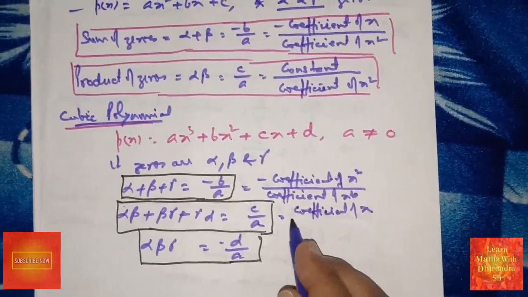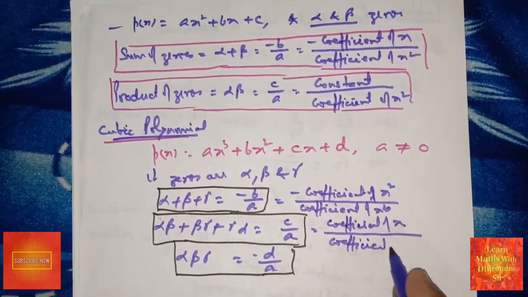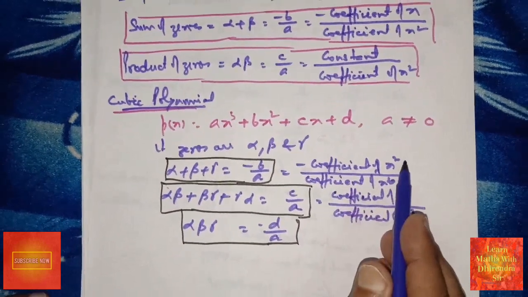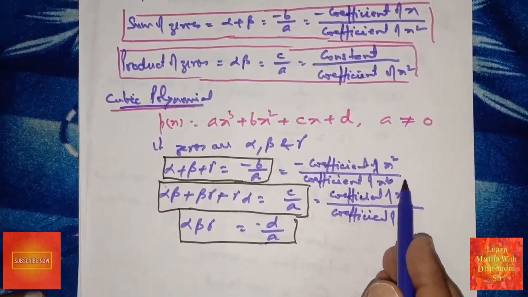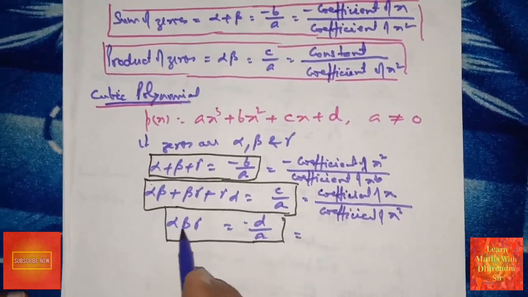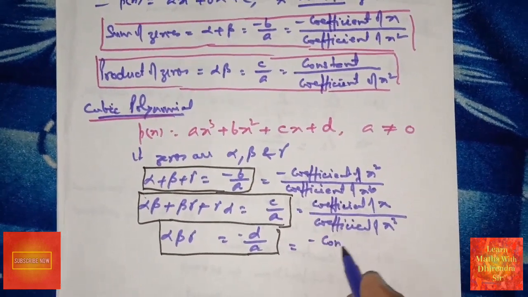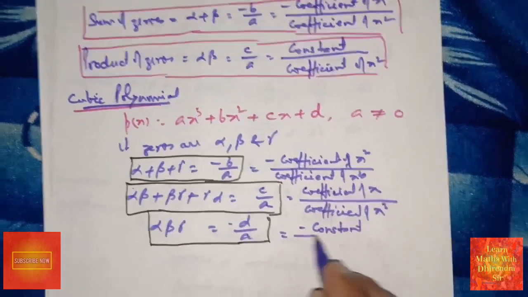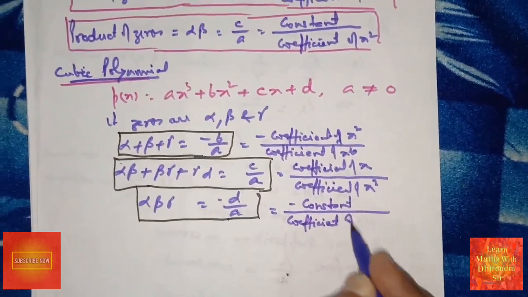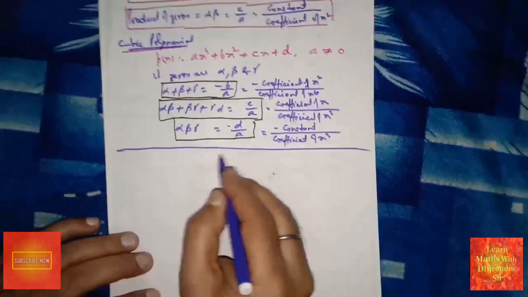coefficient of x upon coefficient of x cube. ये साफ नहीं दिख रहा होगा लेकिन समझ लीजिए, coefficient of x square upon coefficient of x cube, coefficient of x upon coefficient of x cube, and last, alpha into beta into gamma, that is the minus constant upon coefficient of x cube. Now we start exercise